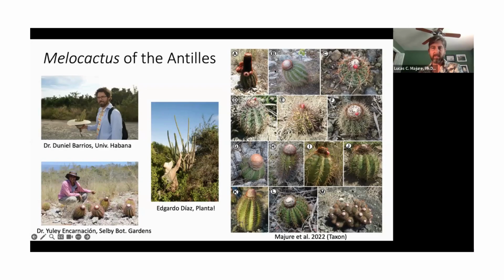B is what we call Melocactus pedanalensis, which looks a lot like entortus, and some people have thought that it could be the same thing. And then let's look at G. If we compare G with the rest of the plants on this plate, it looks really, really different. You can't tell the size here, but that's a really, really tiny plant. This is Melocactus matanzanus, the famous Melocactus matanzanus in habitat in Cuba.